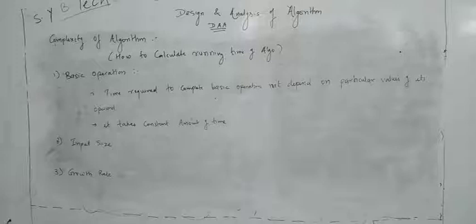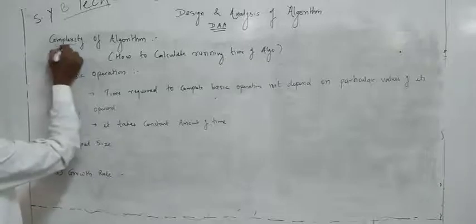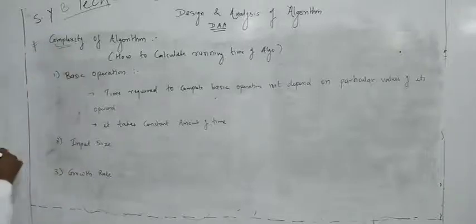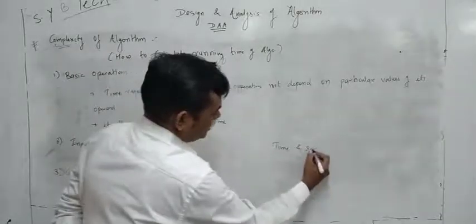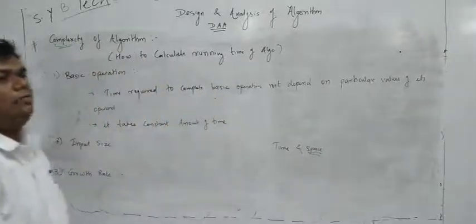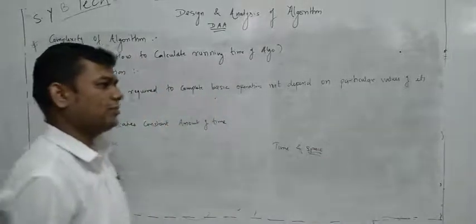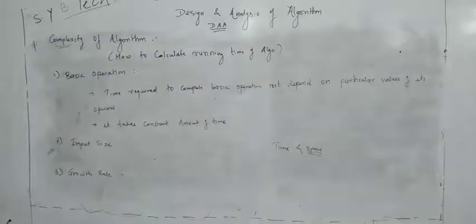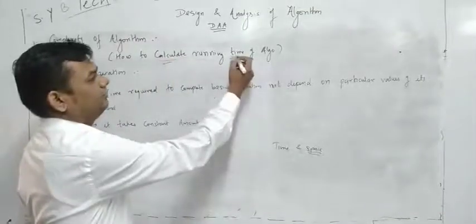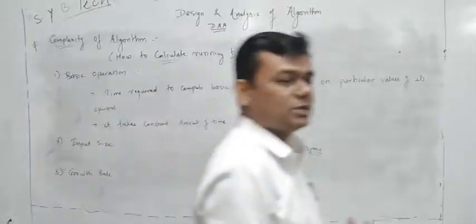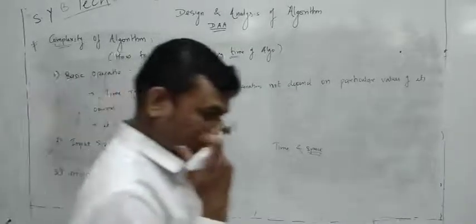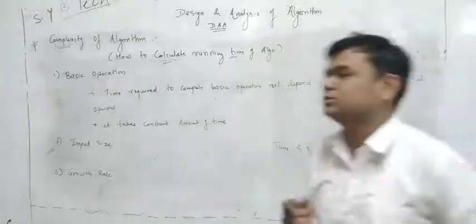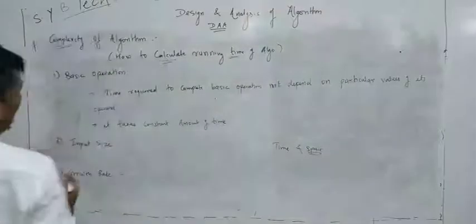Students, the next part of unit number 1 is the complexity of an algorithm. Here we have to calculate two different types of complexity of the algorithm. The first one is time complexity and the next one is space complexity. By using the complexity of an algorithm, we calculate the running time of the algorithm: how much time is required to execute that particular algorithm and how much space is required to store the specific variables or values.